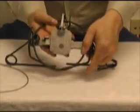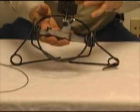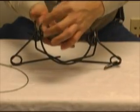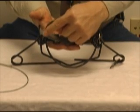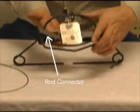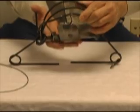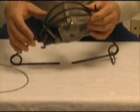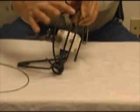Another part of the Belisle which we think people find confusing is underneath the pan. If you lift the pan up and take it out, on the printed directions it's called the rod connector, and it has two notches in it, and basically it's used for holding the jaws open so that you can easily set the Belisle. You can get some leverage on the jaws and pry them down, and it allows you to set the Belisle. You can see here I've got the rod connector in place, and there's a gap in the smooth wire jaws